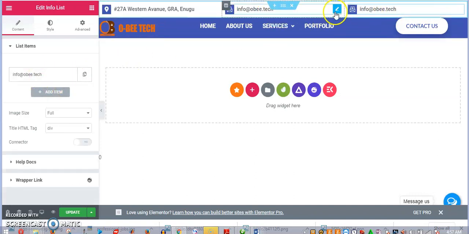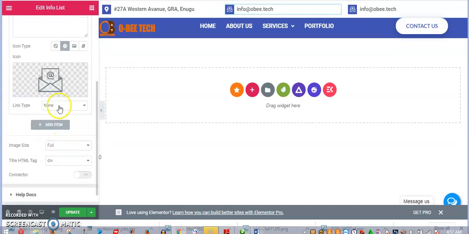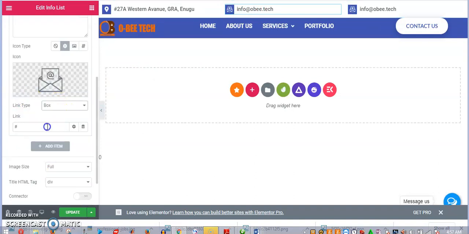Now before you go to this, at this point I need to make this email clickable. So what I do is, under this link, you choose box. It pops out a link for you. In this link you write mailto:info@obi.tech. After you put mailto, you put a colon and then the email. What this means is once anybody clicks on this link, it will pop up an option for the person to send a mail to this address,